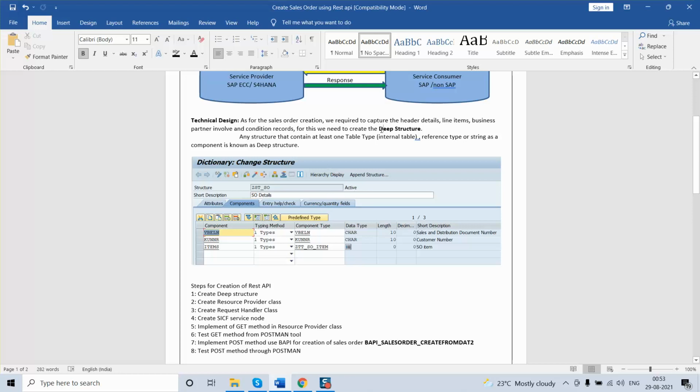So why do we require a deep structure for this SO creation? As you know, when we talk about sales order, the sales order contains the header data as well as the line item data. And the line item data can be of multiple lines, 1, 2, 3, 4 or any number. That's why we require a deep structure here.